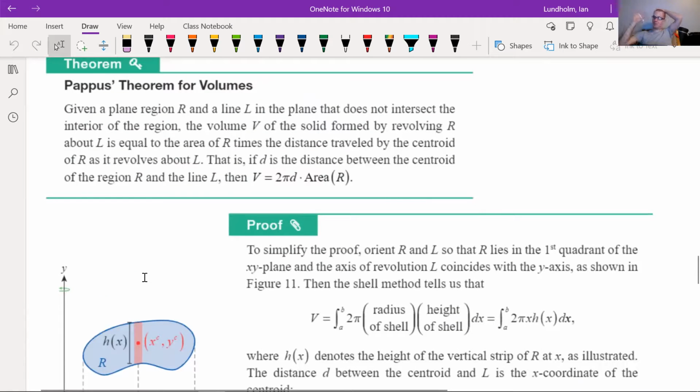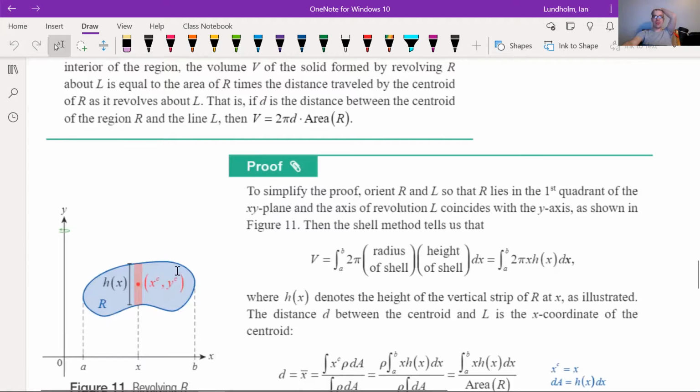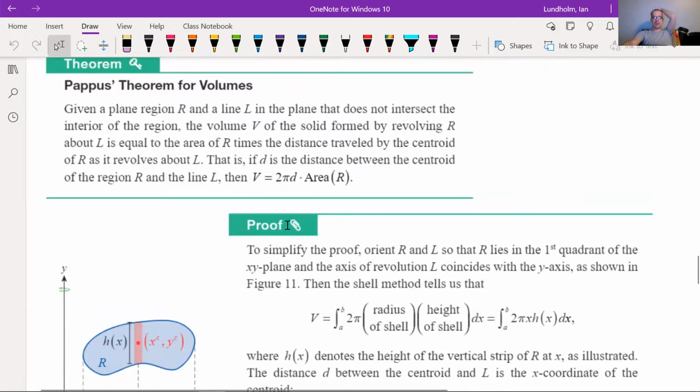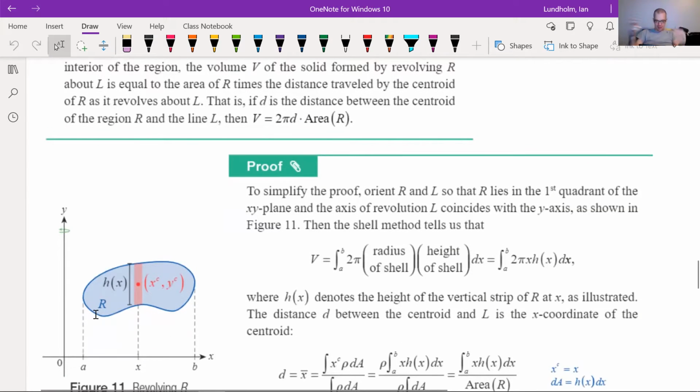We're just revolving this around the axis of rotation. So as long as you've got a constant cross section, it's the area of the cross section times 2 pi times d, where d is the distance